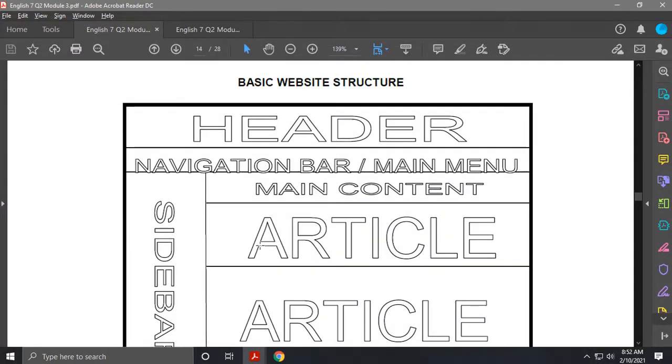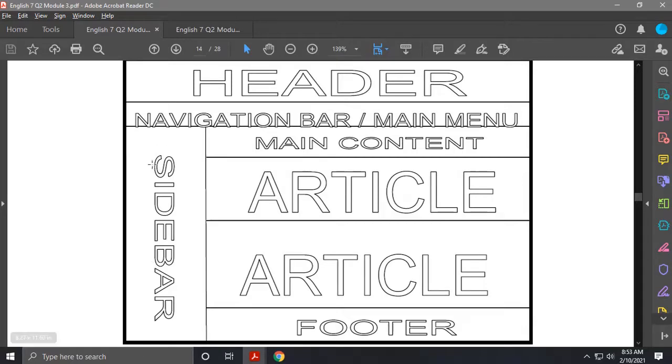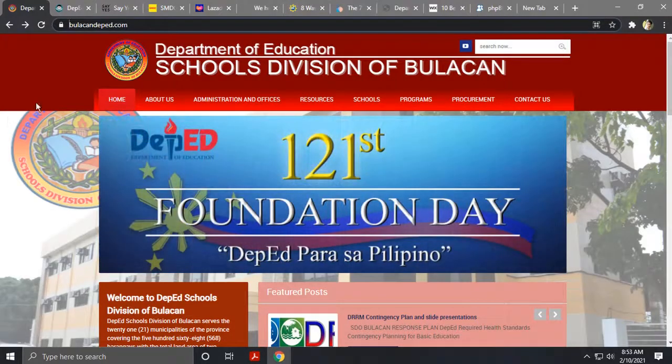So we have here the main parts of the website, the basic website structure. In the upper part we have the header, and then the navigation bar or the menu bar. On the side, of course, we have the sidebar. Sometimes we can see the sidebar here. We have the main content, the articles, and the footer. So if we apply that in